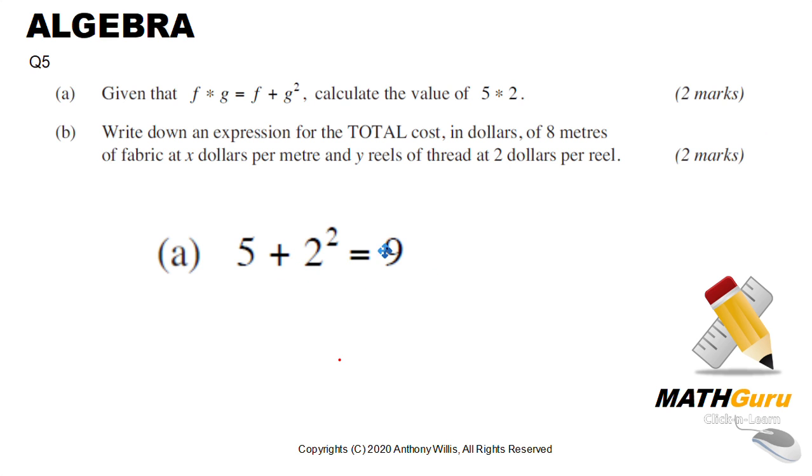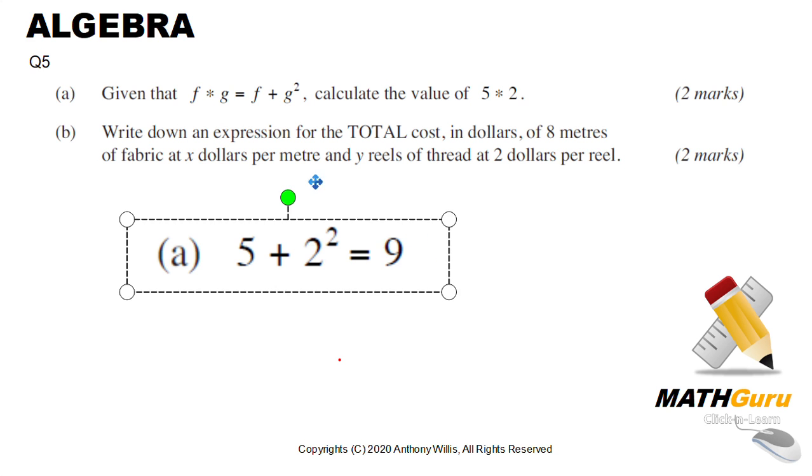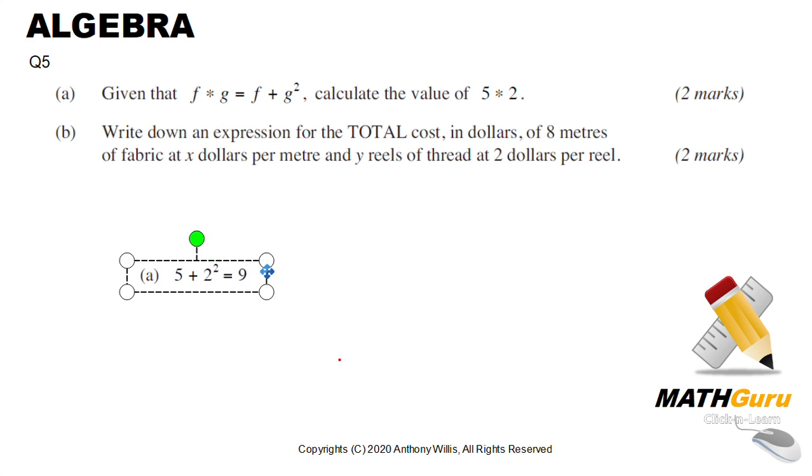Many students make a mistake because they get confused by the strange sign, but they have to reason carefully. Now write down an expression for the total cost in dollars of 8 meters of fabric at x dollars per meter, and y reels of thread at $2 per reel. What this question is testing is your ability to convert a word problem